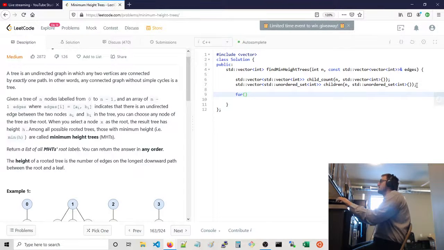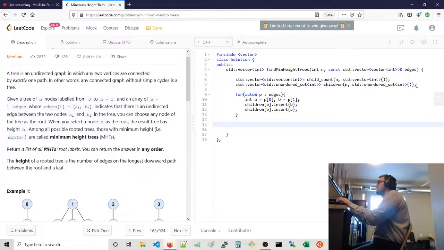So for auto p in edges, int a equals p of 0, int b is p of 1, and we want to say children of a dot insert b and children of b dot insert a, and then we want to say